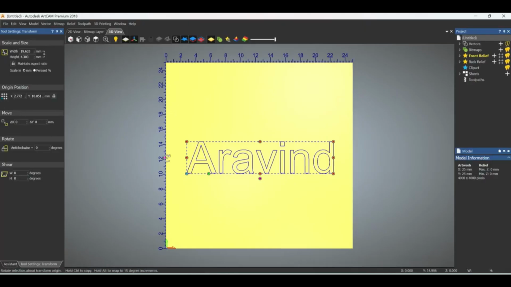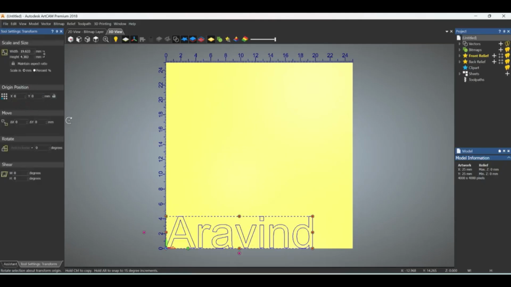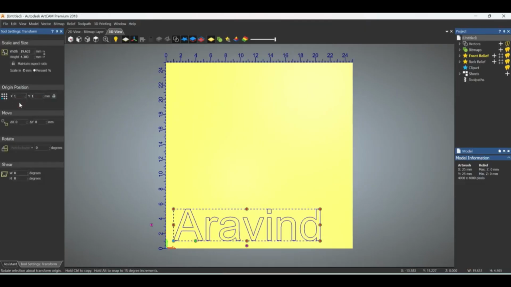Okay, now the distance from this model space origin to the design origin, I am just changing. Okay, I made it 0 0, so both the points become the same. Okay, 0 0. Now if you want to give some space, I can give some space, so like some 5